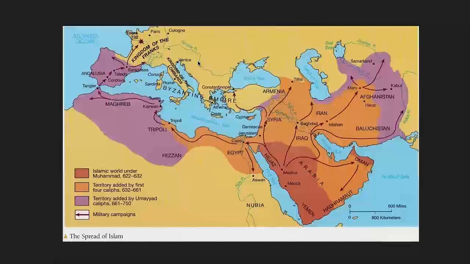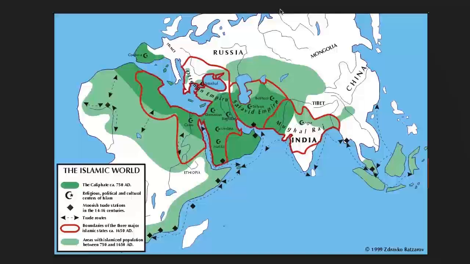Usually when we study the history of Islam, you'll find a map such as this, which will show how Islam spread from its origins on the Arabian Peninsula, Mecca and Medina, and spread to encompass North Africa and much of the Near East. And while that's important, and that really focuses on the first 100, 200 years of Islam, I think what's more important, since this is a world history course, is that